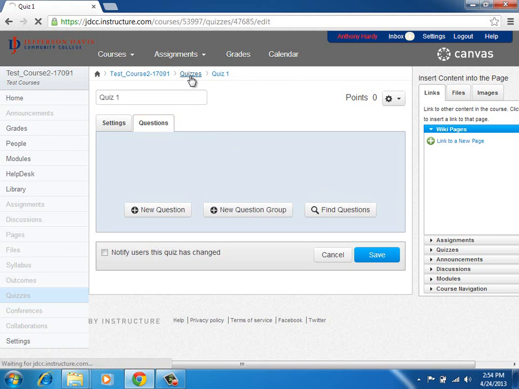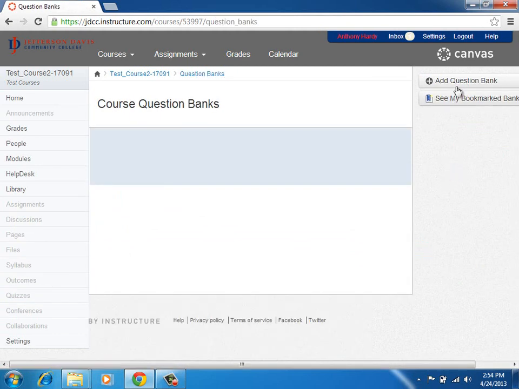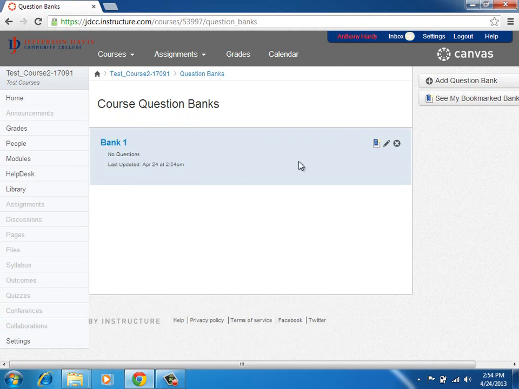We're going to go back to quizzes, or you can go to quizzes over here at the left, and you have a manage question banks button. Remember, we went to assignments for the assignment stuff. Now this is a quiz. It's different, so we go to quizzes. We go to manage question banks, and we can add a question bank, and we'll just call this bank 1. You would want to give it a name that made sense for you. And then I hit enter key, and then I can click on that bank,